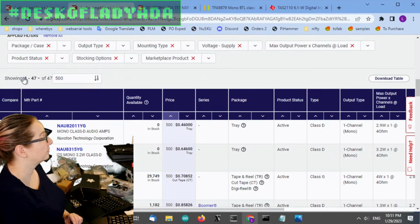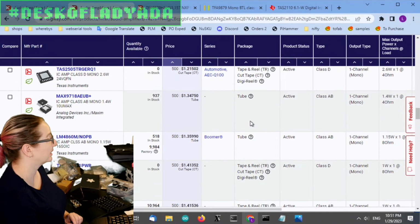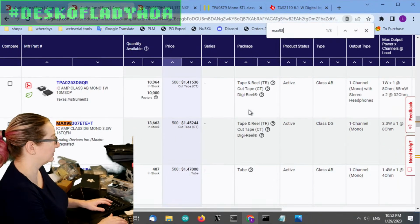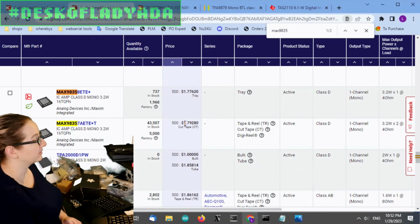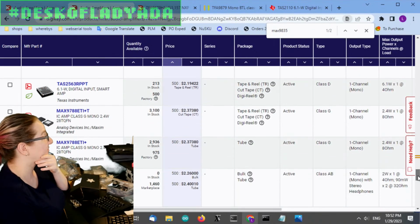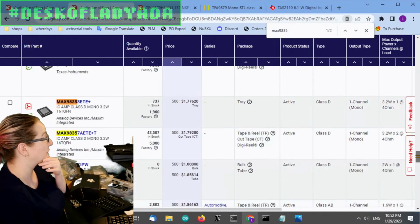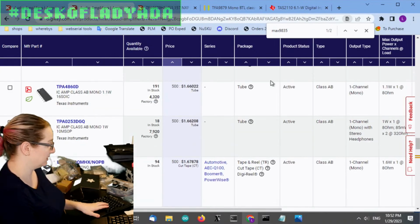Let's show. Oh, by the way, I've never shown this. You can have a display like many more than just 25 at a time. So the Max 98, 358, and 57 are down here. So, these are ones that have a lot of stock in them. So I actually went through and I kind of searched each one to see which ones were analog and digital. And that just meant going through the data sheets. But it was worth it because